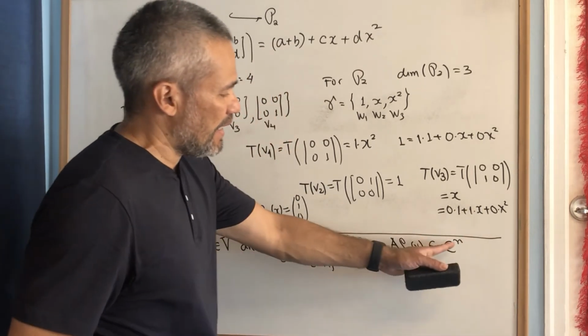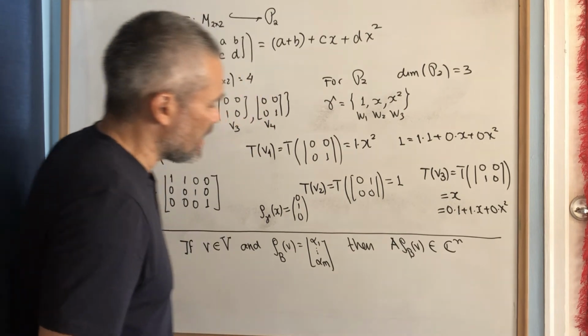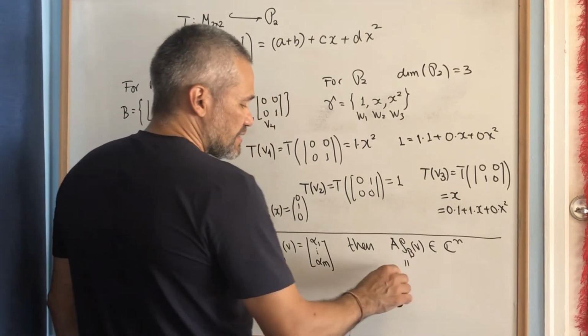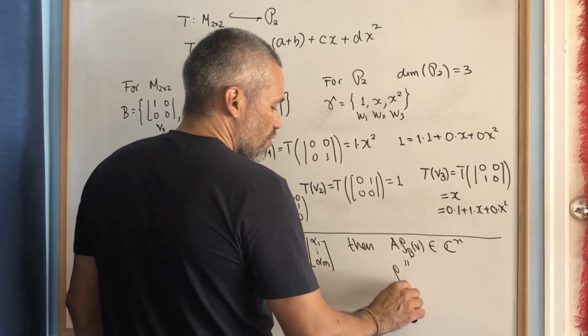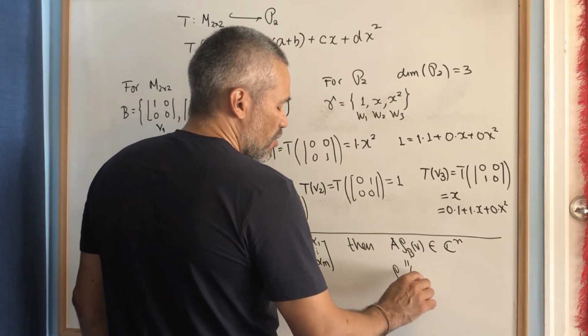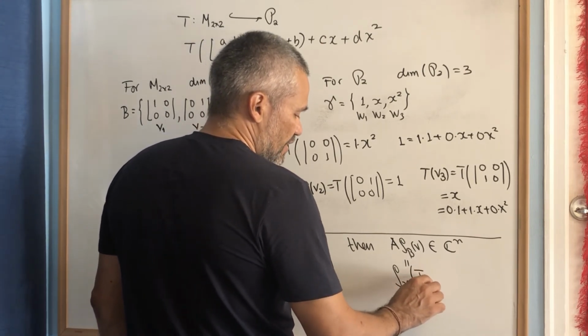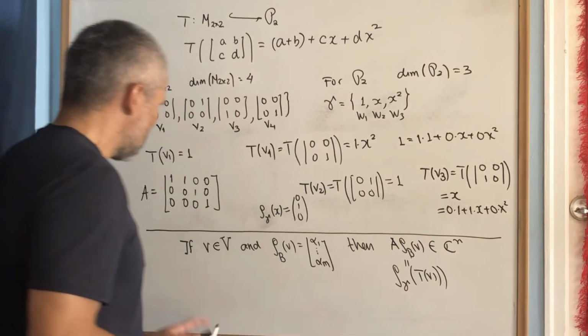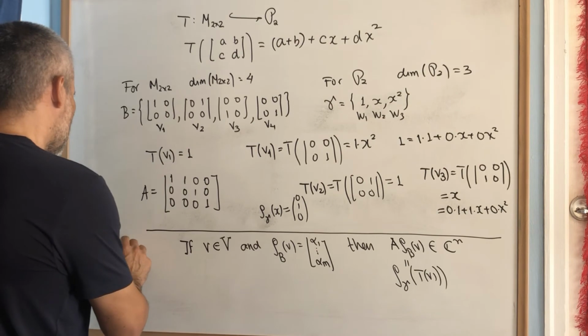Then I get n complex numbers. And the theorem says that this vector is just the representation with respect to gamma of the vector T of b. Then this is the important theorem